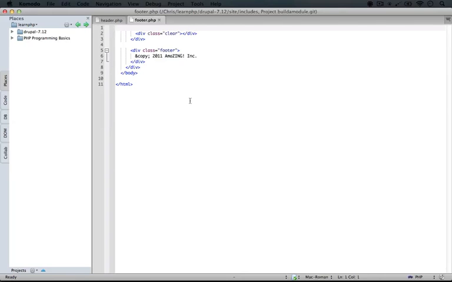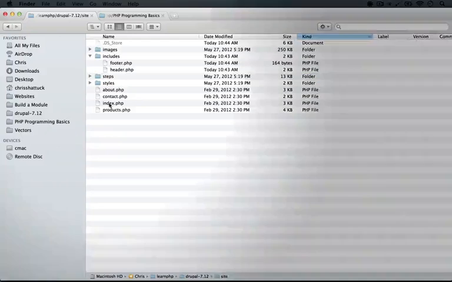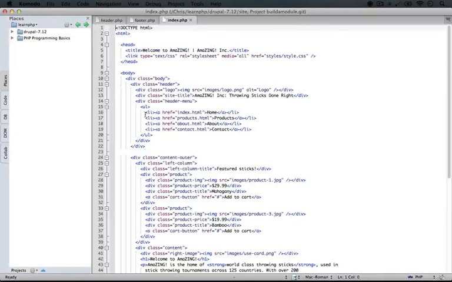Now in each one of our 4 page files, what we'll need to do is change the top content to include the header file, replace our footer content with an include of the footer file, and then set our title to make sure that gets pulled into the header file, and in the future, also into the content of our page. So if we jump back to our examples folder, let's go ahead and open up the index.php